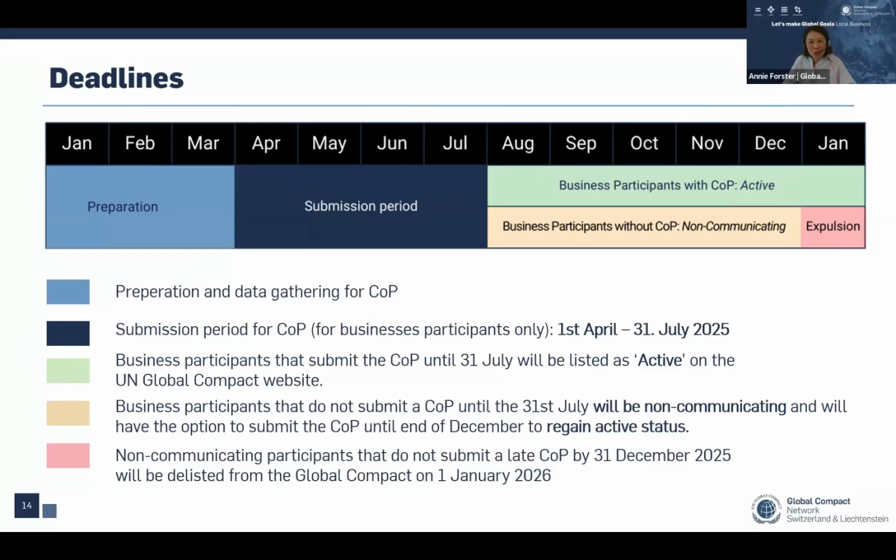From the 1st of August, all our business participants who submit need to submit to be listed as active on our website. Those who miss the 31 July deadline will be marked as non-communicating starting in August. So you still have the opportunity to submit until the 31st of December to gain an active status. 31 December is the last day to submit your COP before becoming delisted from the Global Compact. And the 1st of January 2026 is when participants who failed to submit their 2025 COP will become delisted from